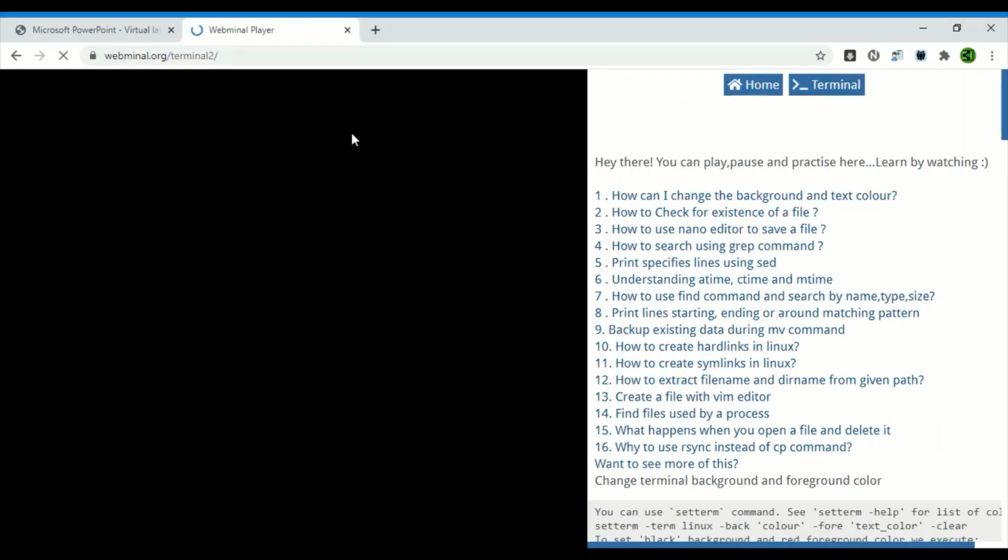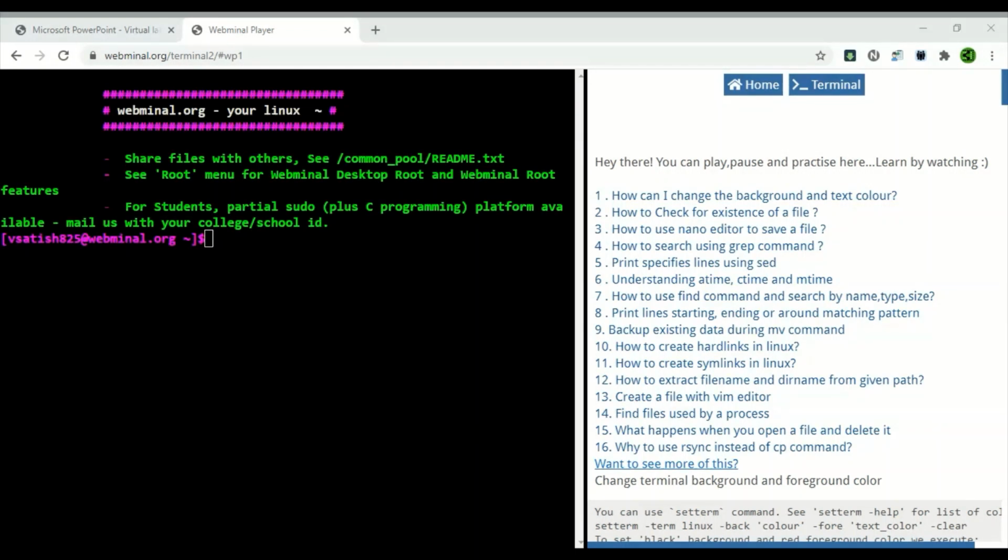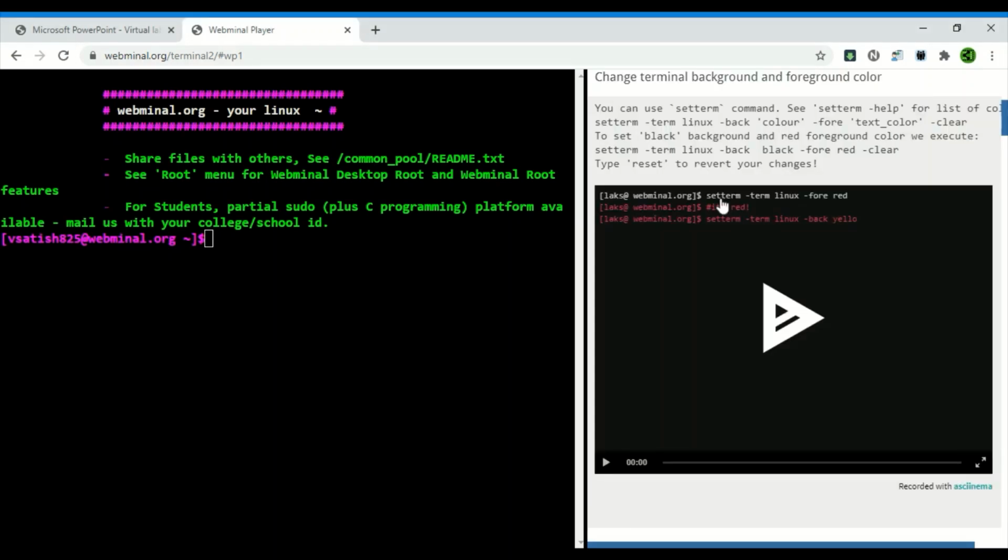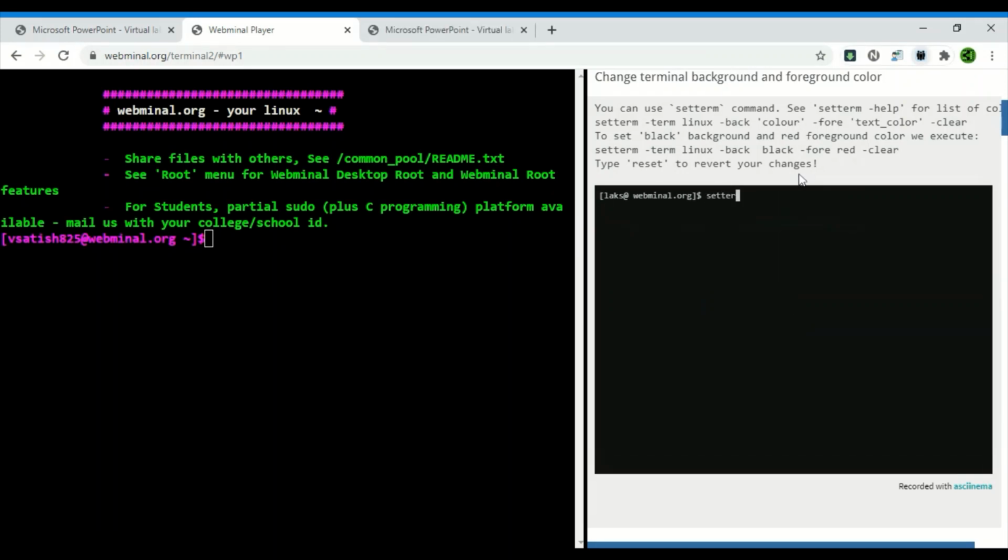In order to make use of this Webminal Play, again you need to log in with your username and password. So I am going to enter my username and password. After successful login, go to the tutorial section and click on any one of the experiments you need. You can see that control is automatically redirected to the screenshot explanation of the topic. Simply click on the play button. As you can see, this type of tutorial will definitely help students to learn immediately.